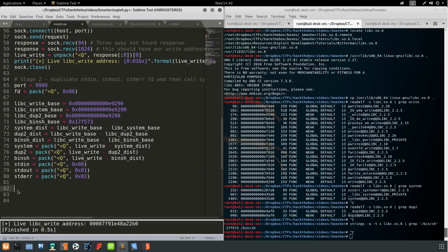Okay, and now we're going to need to craft our payload. So payload is equal to nothing. Payload plus equals, we'll use a different character this time. We'll use C times, what was I calling it? Pad length? Padding. And then we're going to want to call our duplicate functions. So payload plus equals,